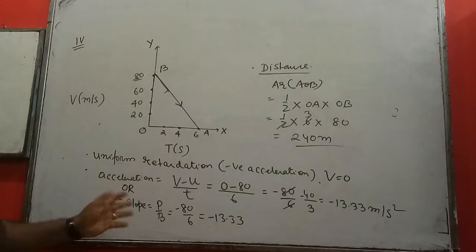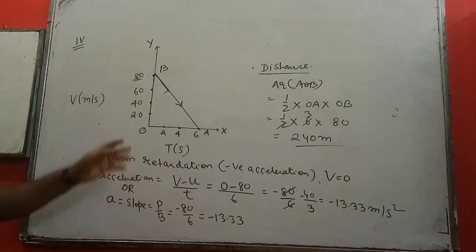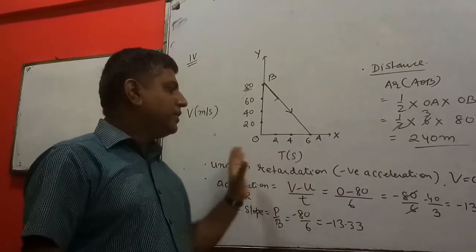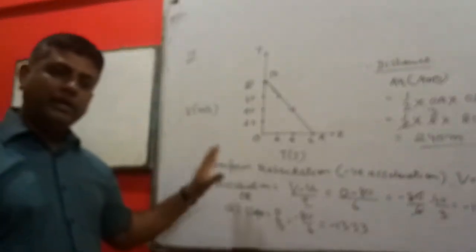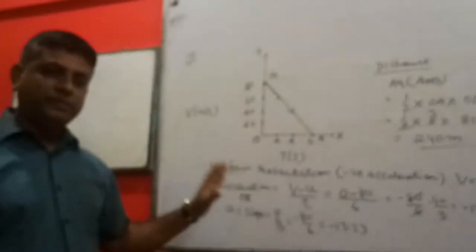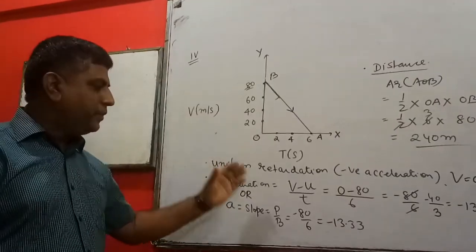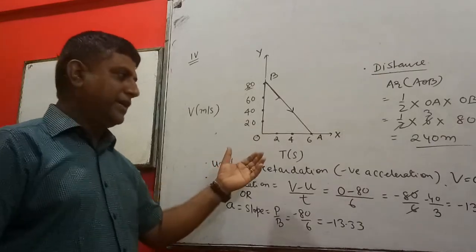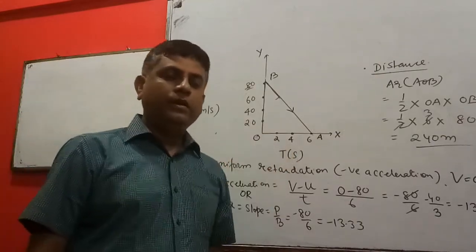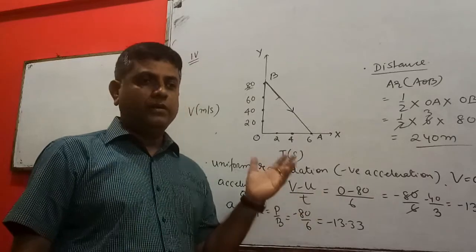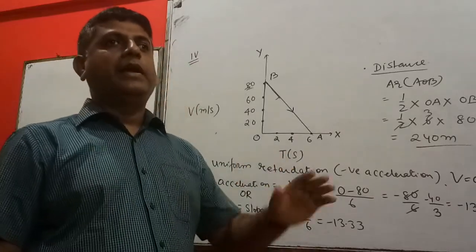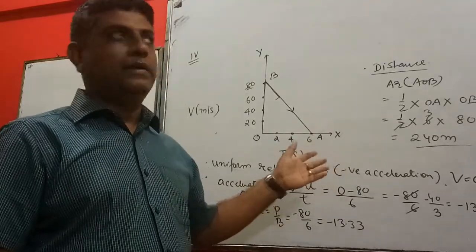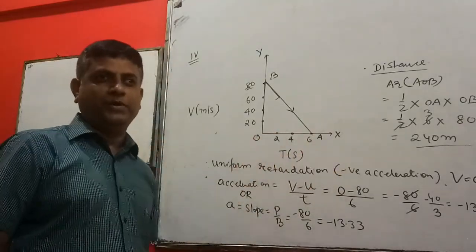Okay, the d-t graph also completed, the v-t graph also completed, and on the same graphs I have shown you some small numericals also. So you just go through all the topics, all the graphs. If you have any problem, you ask me, and I will give you the same notes, the same Xerox copy of whatever I have taught right now. And if any problem, don't have any kind of hesitation. Next class we are going to start some numericals, and after that again graphs. Graph is a long journey.